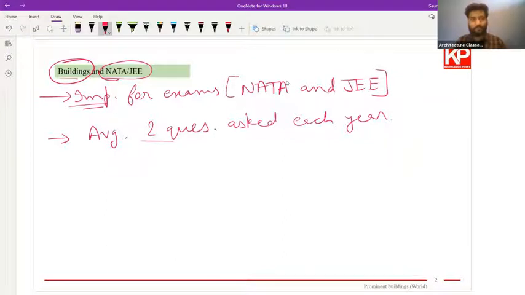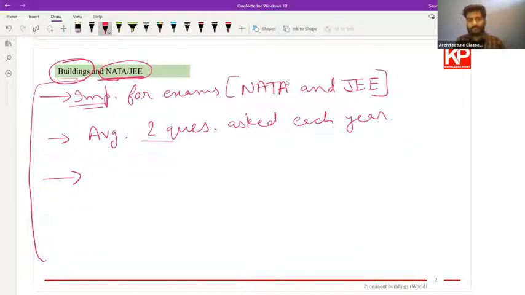So we are just having an overview of this subject and how it is useful for our exams, so that we can assess how much importance we need to give to this subject and what kind of questions we can expect. So the structure of this class would be like, I'll give you this introduction. I will also tell you some of the topics that we really need to focus upon for this exam. Also, I'll show you a lot of buildings. I'll tell you tricks to remember them. At the same time, I'll tell you what kind of questions exams like JEE and NATA always ask, so that you can assess how you need to remember these buildings.